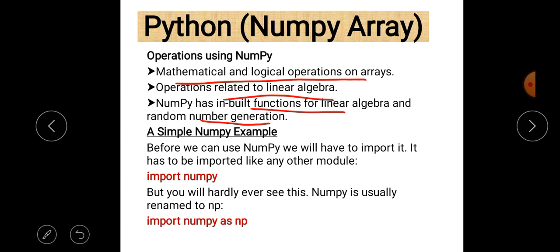Now the second question is how we can use NumPy as a library in our program. For this purpose you have to write import numpy. Import is a keyword and numpy is a library. After this you are able to access all the functions related to the Python NumPy library. You can also write it as import numpy as np, where np is another name of NumPy, or we can say NumPy is renamed as np. So if you want to use any NumPy function in our program, we use np in place of numpy.